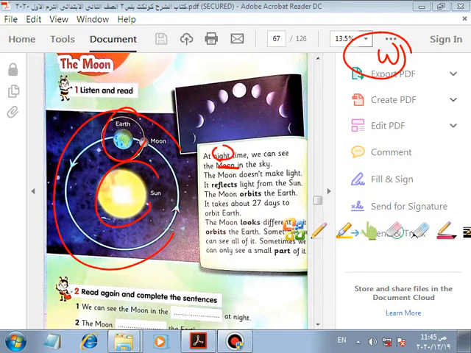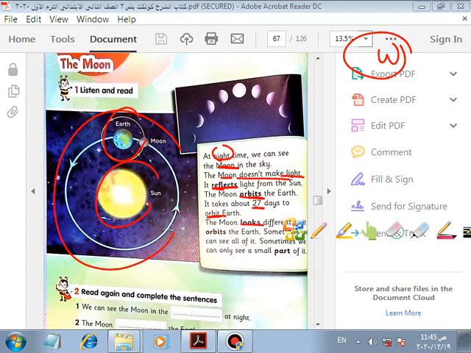The moon doesn't make light, but it reflects the light from the sun. The moon orbits the earth. It takes about 27 days to orbit earth, to travel around earth in a circle.